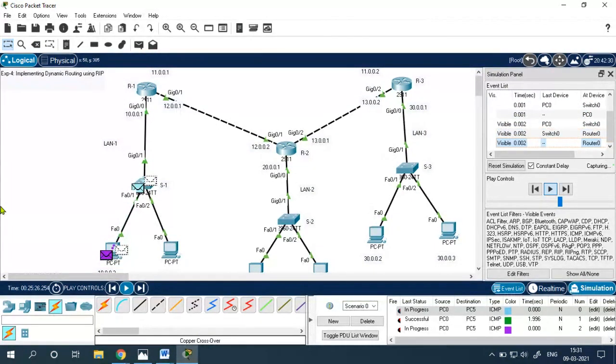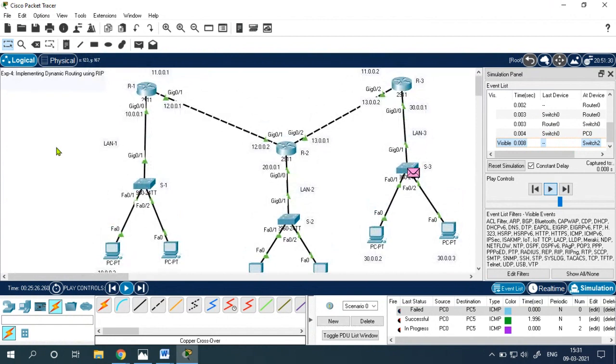The packet is being sent. The packet is received on switch 1. You can see a lot of information being exchanged. What is the reason for that?